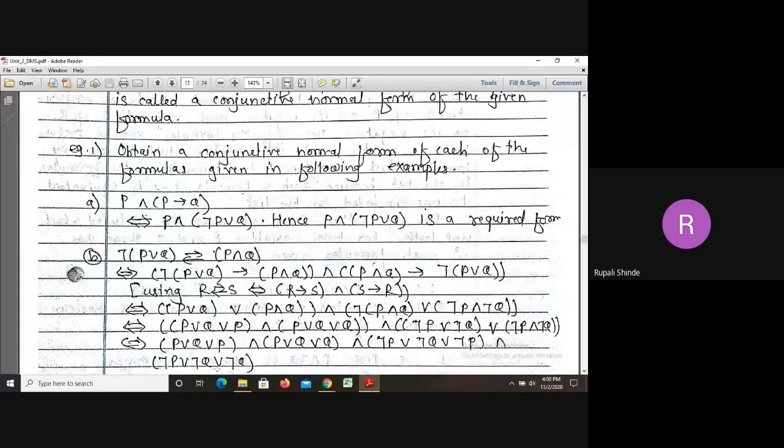After applying the distributive law, whatever form we got is the CNF, that is a product of elementary sums. Outside the bracket, product should be there and inside the bracket, sum should be there. Now check whether this form is correct for all the brackets. Yes. All the brackets contain OR inside and AND outside. That's why this is the correct CNF for the given formula. Have you understood what is CNF?